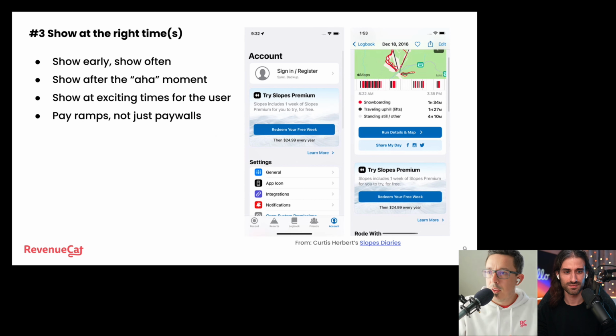And so I think one of the points you added here was show after an aha moment, which is definitely something I've seen a lot. Like when a user's at a sort of happier time, or they have gained some sort of value from the app, a photo sharing app, they've just shared a photo that they edited, right? Or something like that. Those can also be higher conversion rate times.